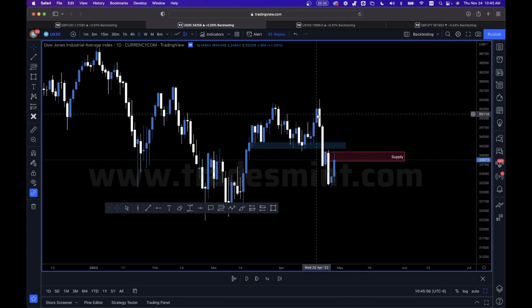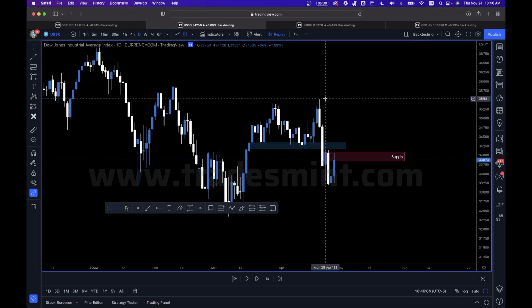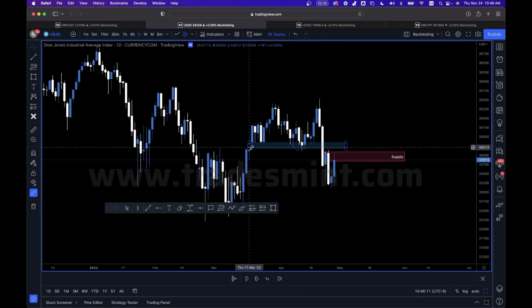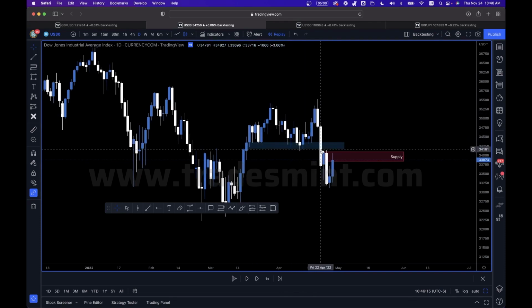So they got demand in here. So buyers were coming in, and then some aggressive supply came in. So look, the aggressive buyers took the price all the way up here. And then aggressive selling happened. So whoever was in these buys, they've either taken their profits or taken profits and went into a sell. So once price breaks this zone